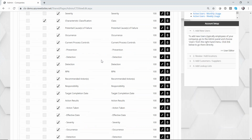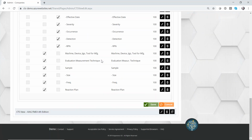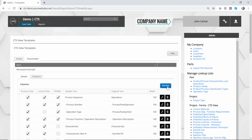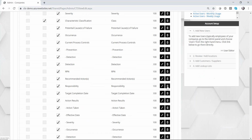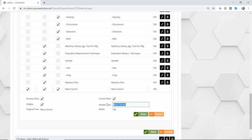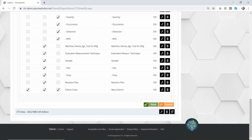And I mean, you can change any of these. The other thing they said they'd like is it's not really just changing the columns. Some people add columns that aren't in any of the forms, so they have the ability to add new columns. And with this add new column, what we're seeing a lot is trying to tag, I'll just put failure costs instead of warranty, trying to tag the risk assessment to what the costs are. And what they're doing with that is,